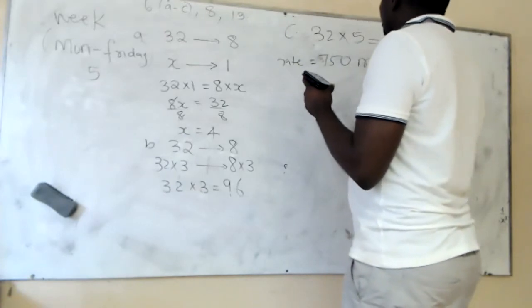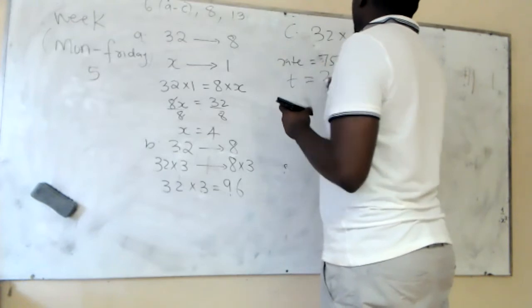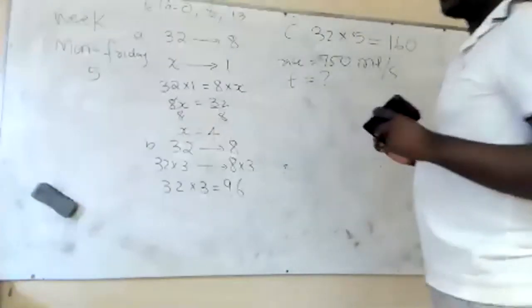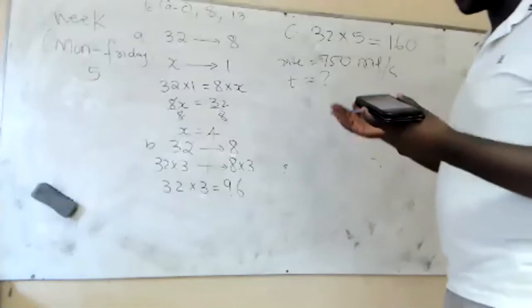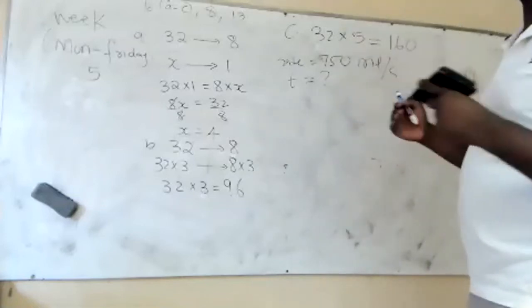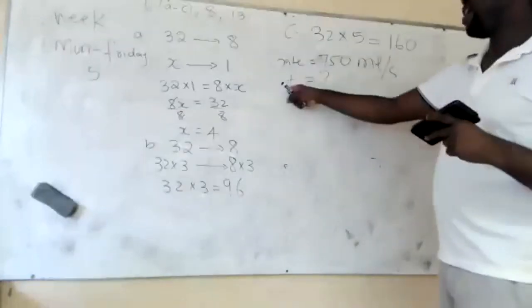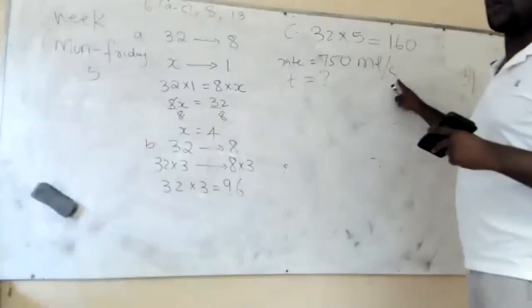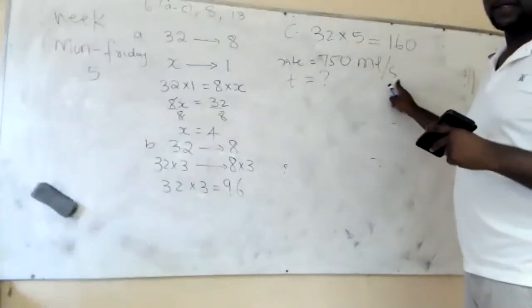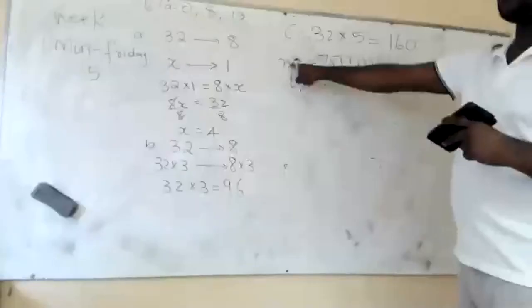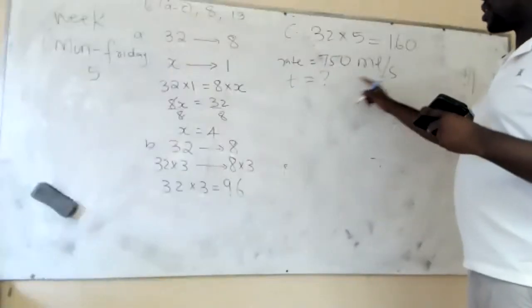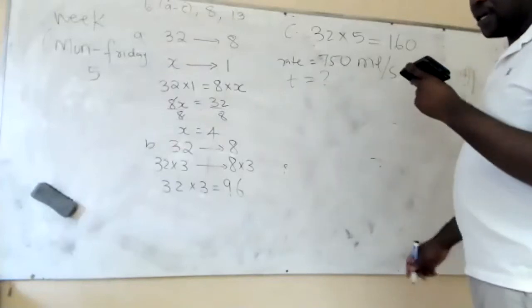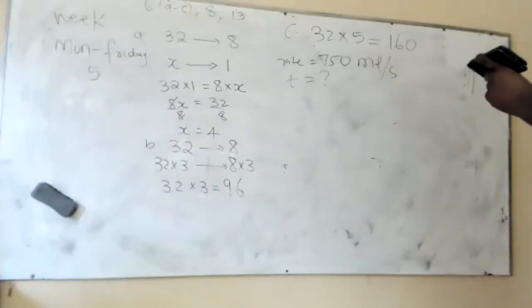And we want to calculate time. Whenever you hear a question referring to how long, you must know we want to calculate time in this case. And our time must be represented in terms of what? In terms of seconds, right? Yes, you can see the rate, the velocity of the water, is in terms of seconds. So it means even our time must be in terms of seconds. And then,